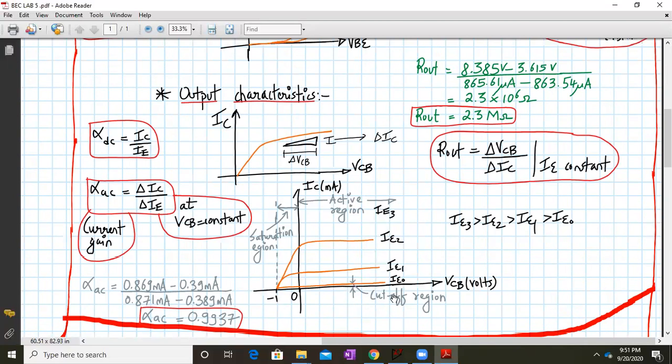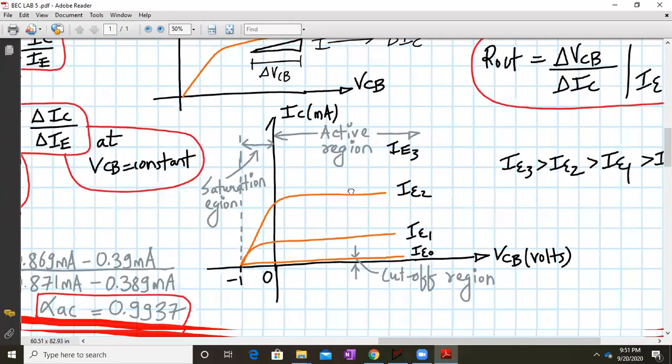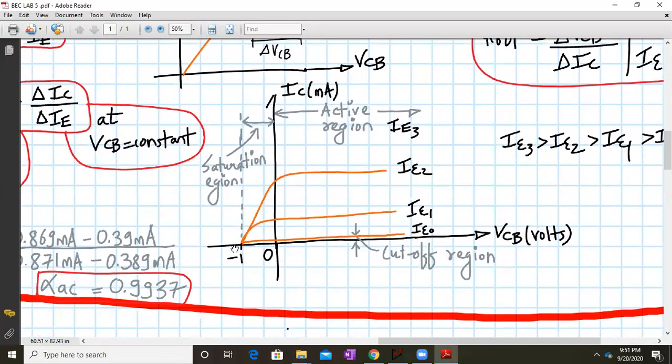Here my output characteristics will give the feel of whether the transistor is operating in the cutoff region, the saturation region, or the active region. One thing to note here is that the characteristics will go into the negative side. If it is in the positive, it will be almost a straight line. That means it is the active region. Whenever VCB comes out to be negative, the curves converge to zero, I mean at negative values on the left hand side of your zero, on the x-axis basically.